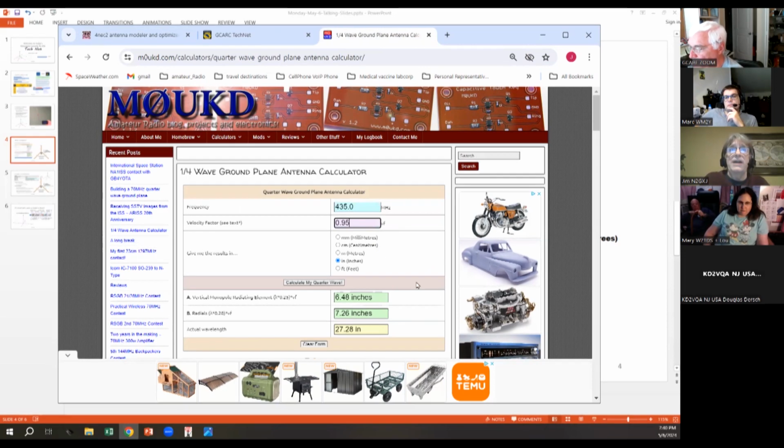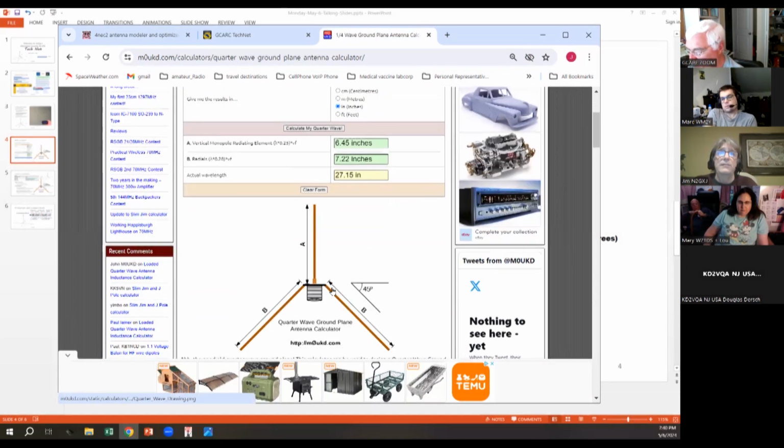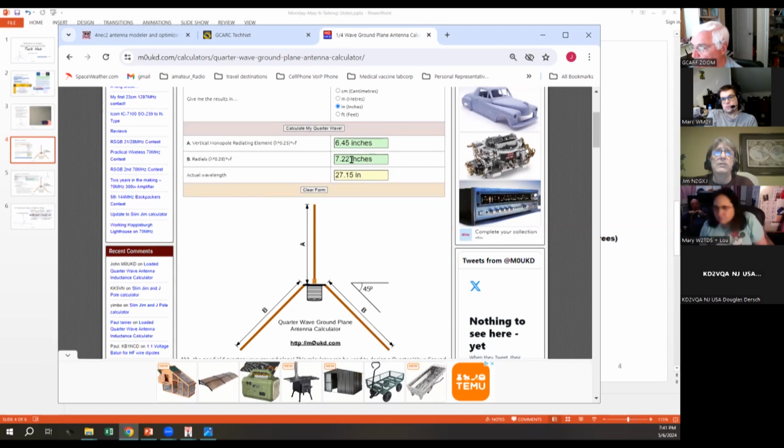There's a thing called velocity factor. That's pretty advanced. We can get into that. And then you pick your unit, inches or something, and punch the calculate my quarter wave, and you come up with a value for the A and for the length of the B that you would replicate for all of those. And you can see in this case, they're suggesting that it's 45 degrees below straight up for that bend. So that's another variable, obviously, that we can play around with and do some what ifs. And so I'm just going to roughly, here's the two numbers you can kind of keep in your head. Somewhere around 6.5 inches tall and somewhere around 7.25 inches long